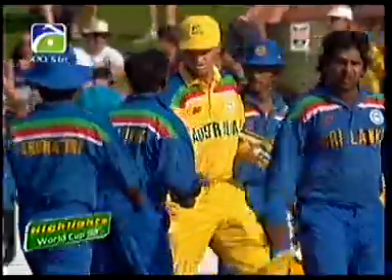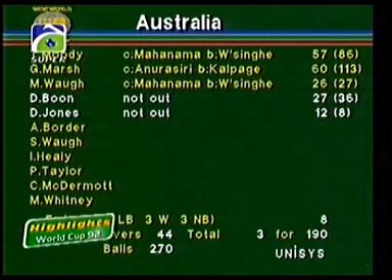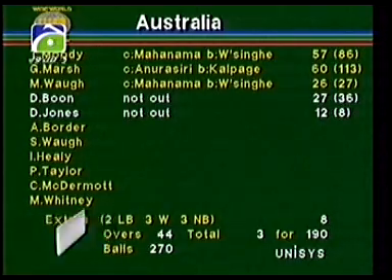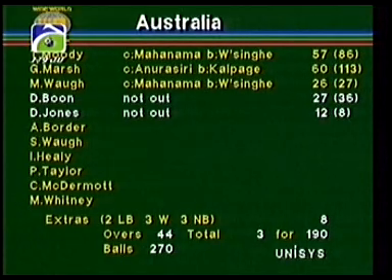Australia won the match with 36 balls to spare. That was a great performance from the Australians. Not only did they pick up the 2 points for victory against Sri Lanka, but they got their net run rate moving along very nicely indeed. And those 190 runs for victory came at an excellent rate. This is the card. First of all, Tom Moody at the top with 57, Jeff Marsh 60, an outstanding partnership there. They added 120 for the opening stand. Then Mark Waugh, the third man out, and David Boone unbeaten on 27, Dean Jones on 12.